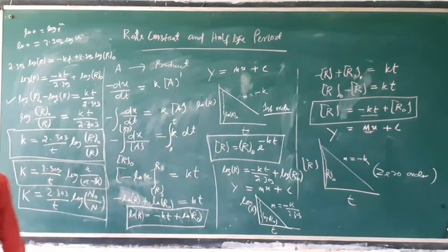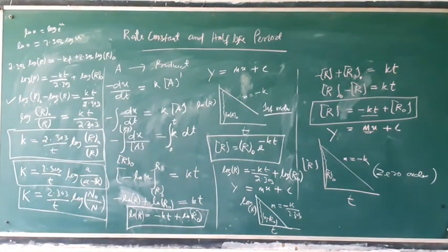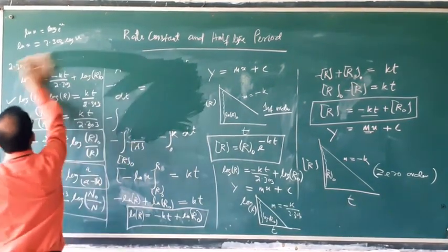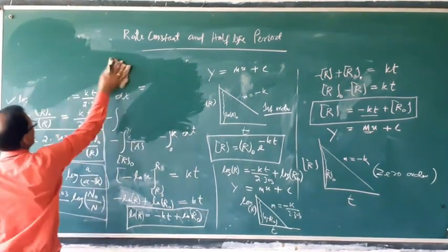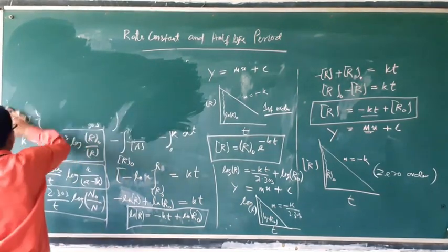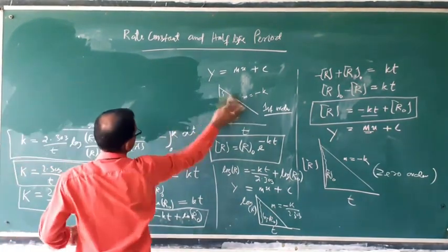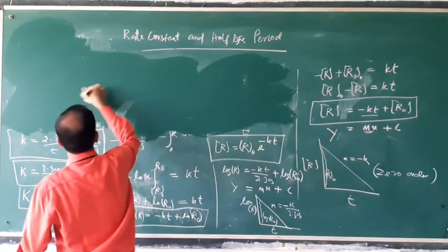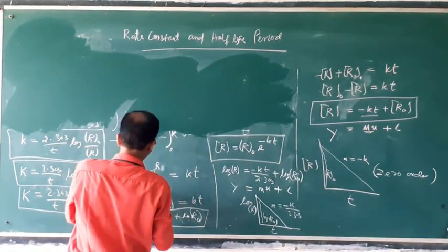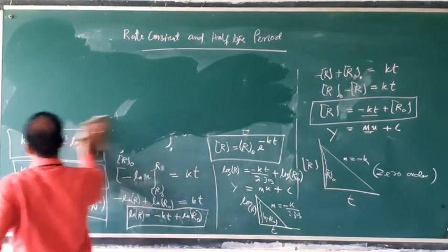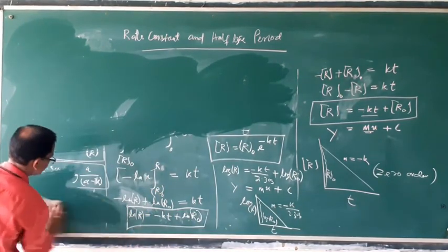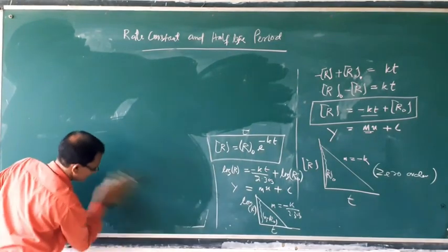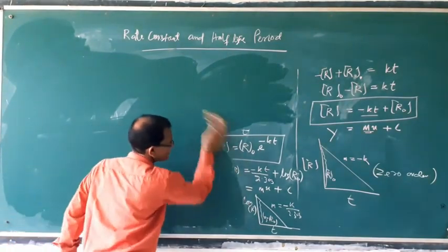So this is the different expression for zero order and first order. For first order also, if you convert into half-life period, then what will be the derivation? If you take the half-life period, then what will be the expression? Now you check it. For first order